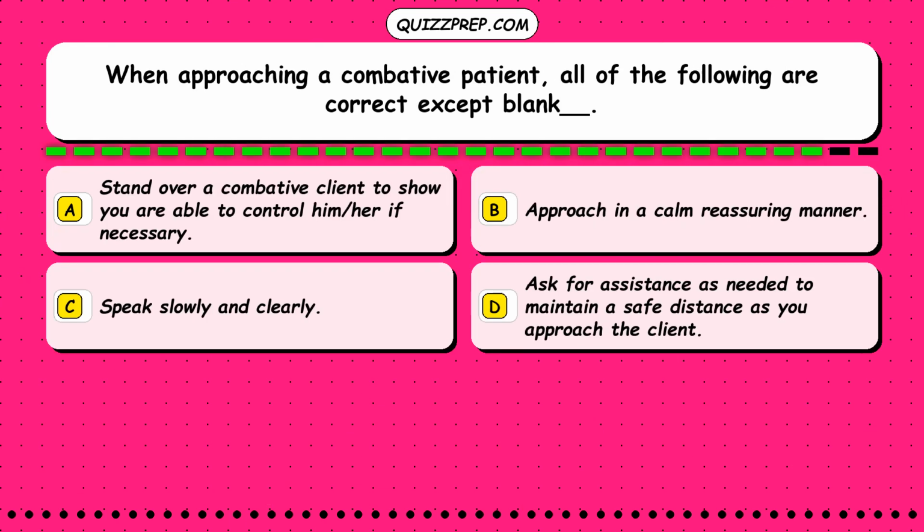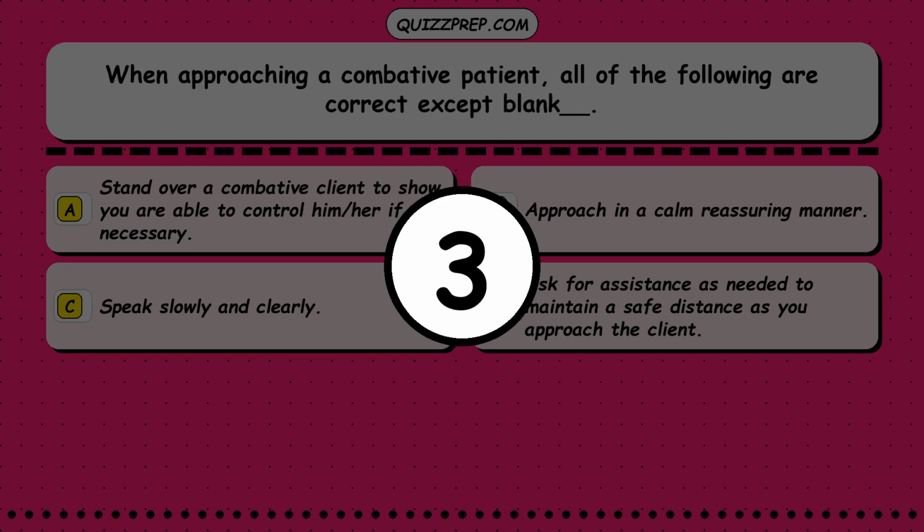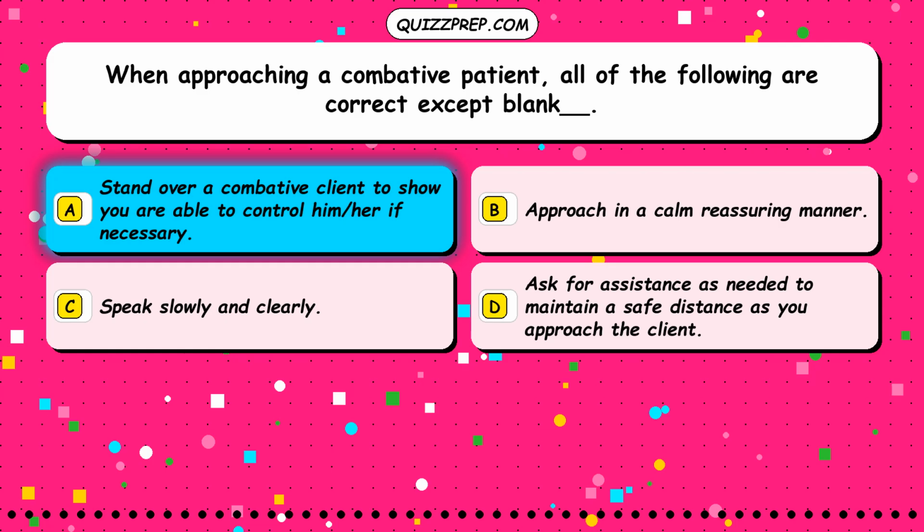Question 318. When approaching a combative patient, all of the following are correct except blank blank. Option A, stand over a combative client to show you are able to control him, or if necessary. Option B, approach in a calm, reassuring manner. Option C, speak slowly and clearly. Option D, ask for assistance as needed to maintain a safe distance as you approach the client. The correct answer is option A, stand over a combative client to show you are able to control him, or